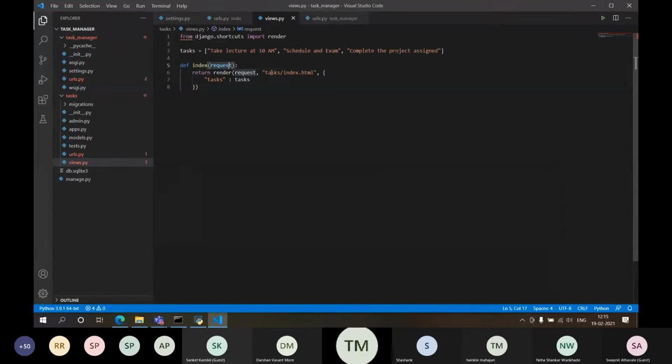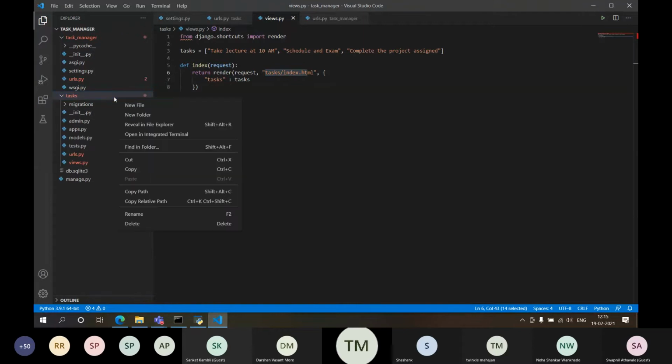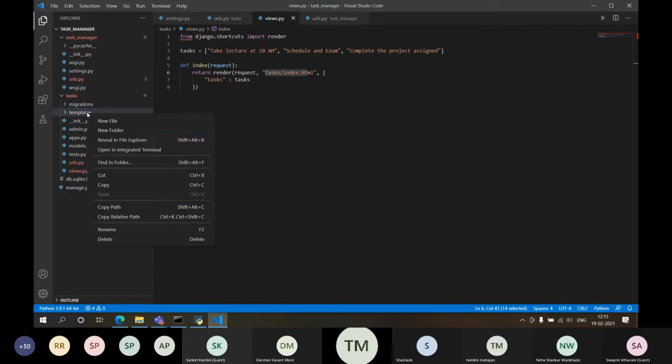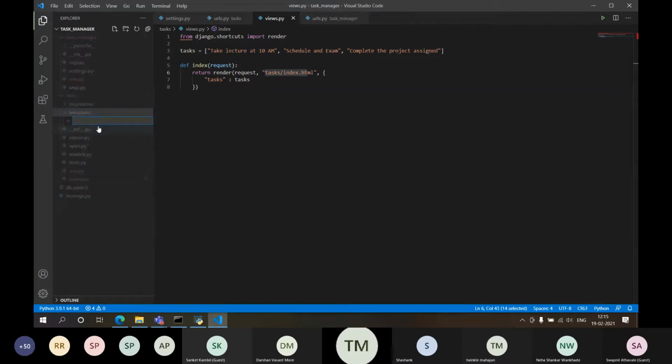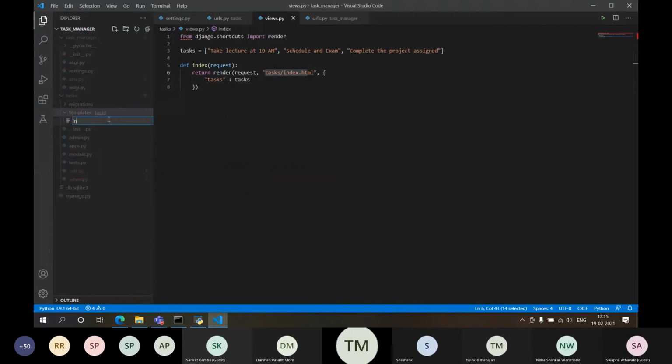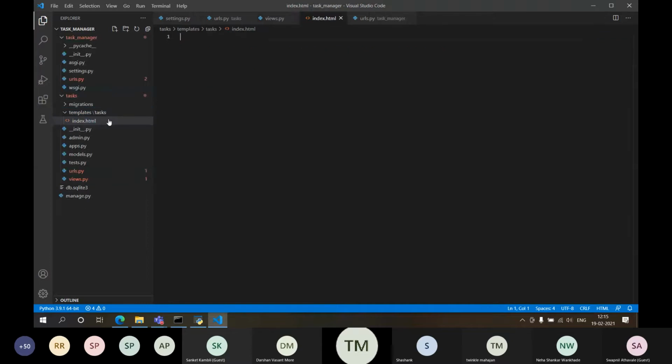As I mentioned, there should be a folder, inside which there is an index.html file. Just remember what we have done. We have created a folder called templates, right? Inside the templates, there will be a folder called tasks, and inside tasks, there will be a file called index.html.